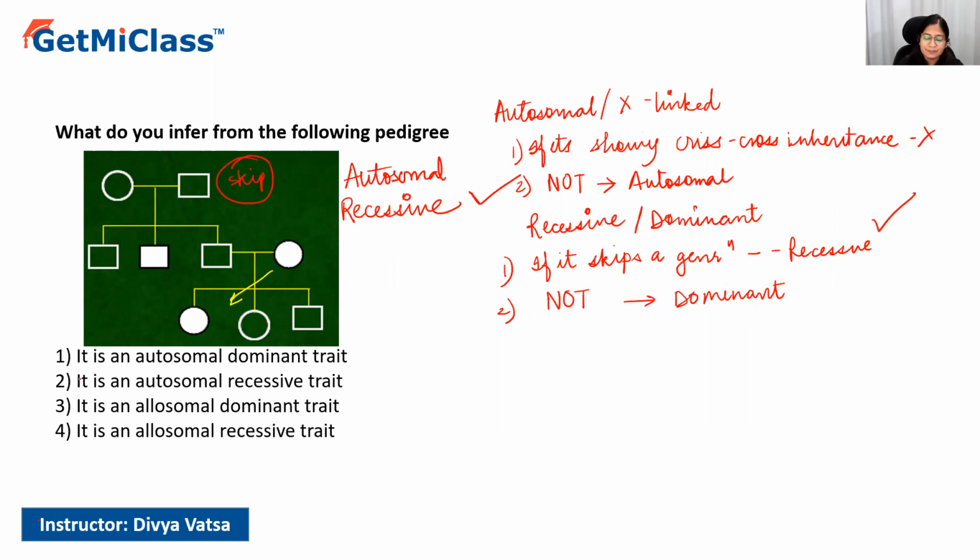So which is the option? Let's have a look at the options. Option number 1 is not autosomal recessive. Option number 2, it is an autosomal recessive trait. Absolutely. Option number 3, it is allosomal. Allosomal means X-linked, so it is not X-linked, that we got to know. And option number 4, it is allosomal, again it is not X-linked. So the correct option that we have over here is option number